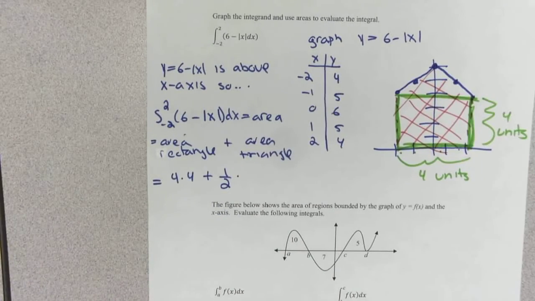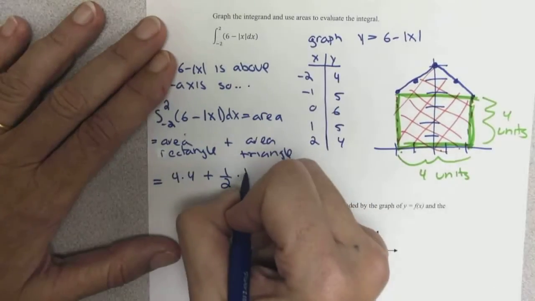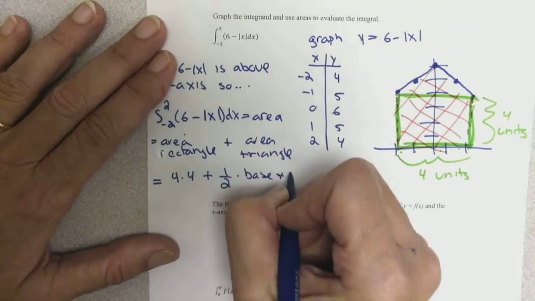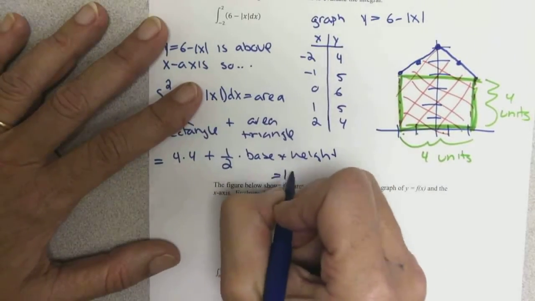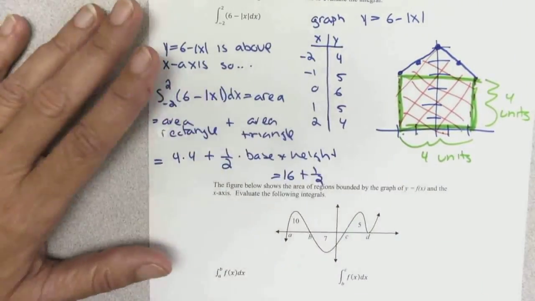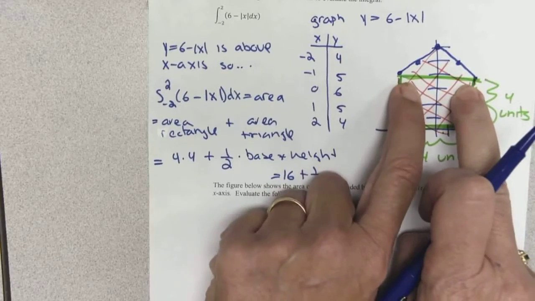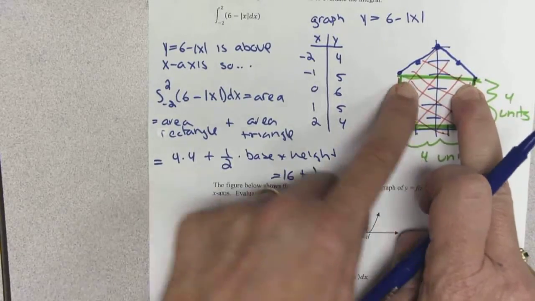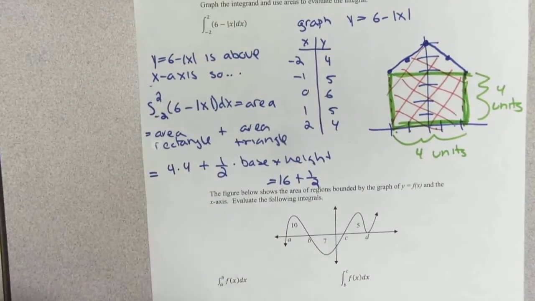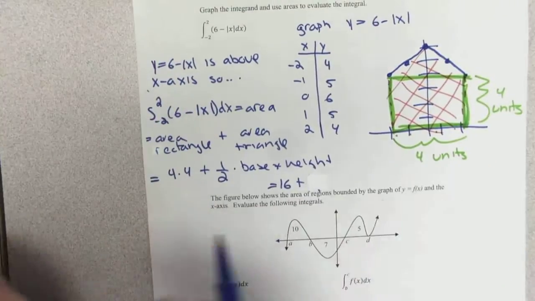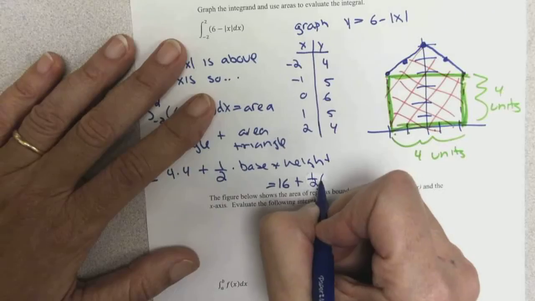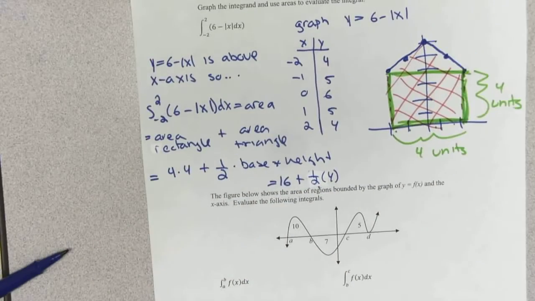Triangle is 1/2 base times height. And I'll actually write that out in words. Base times height. So I'm going to have 16 plus 1/2. Now the base is still this guy right here. So that's still 4. So I have 1/2 times 4. Then my height,